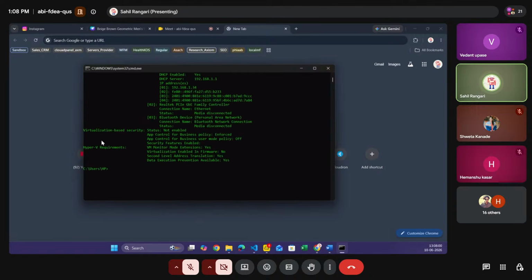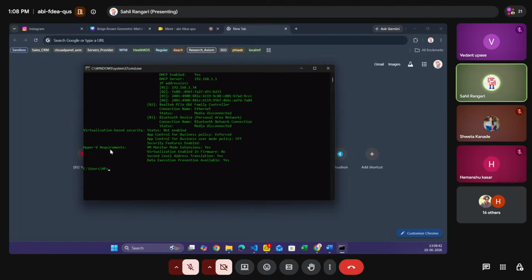But here something different is showing: virtualization based security is not enabled. This is the key factor of this sandbox while we are setting up Windows Sandbox in our system. It says that we don't directly have the sandbox. To enable this, we have to enable that feature from the BIOS sections, and the BIOS will open when the system restarts or when we log in again. Only at that time will the advanced feature terminal open.